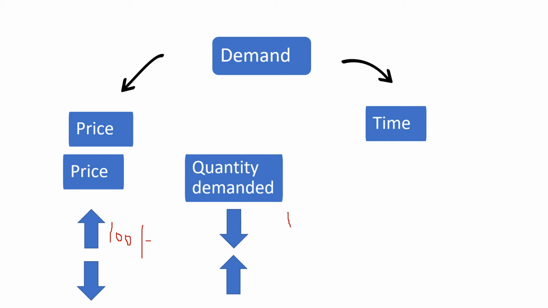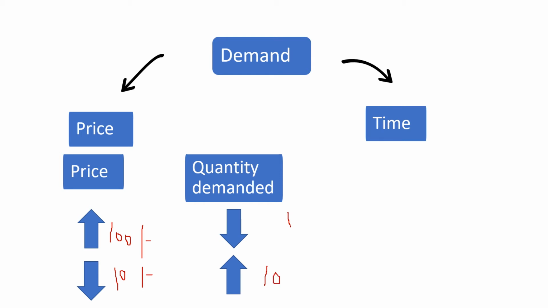Now let us assume that suddenly there is a fall, a decrease in the price of the Dairy Milk from 100 rupees to 10 rupees. That is a 100 rupees big chocolate, and they are selling it for 10 rupees. Now what will you do? Oh wow, a 10 rupees chocolate, I will buy 100 chocolates only.